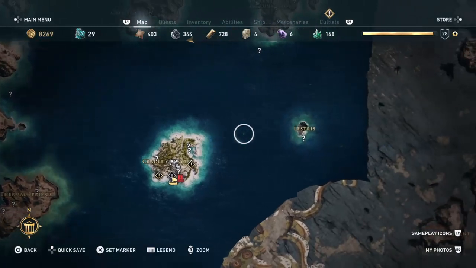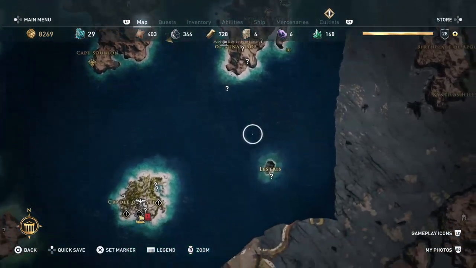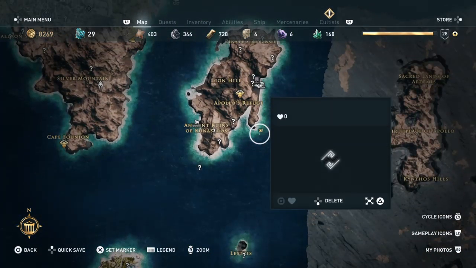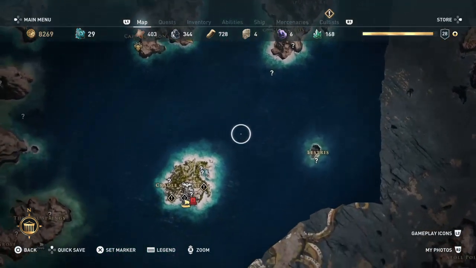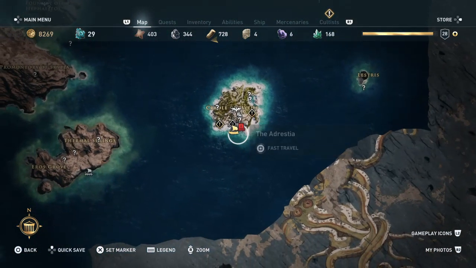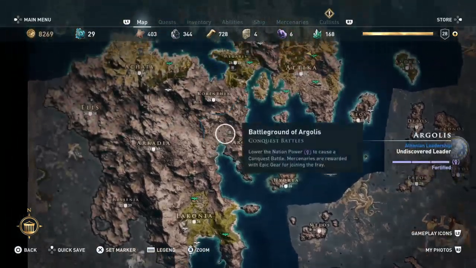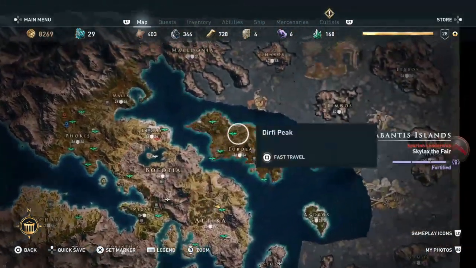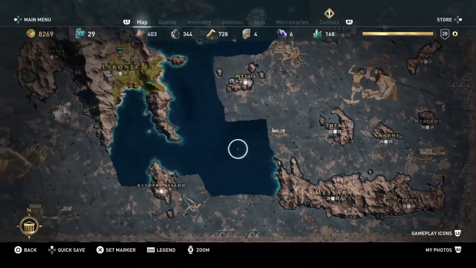We sailed from, I think from, yeah, right here is where we took the picture. And we sailed to this island right here. And this is the size of the map compared to that.